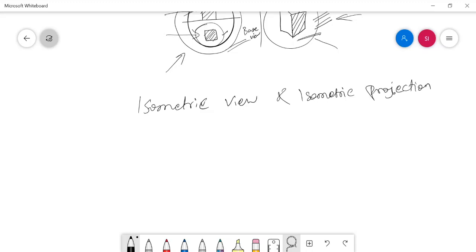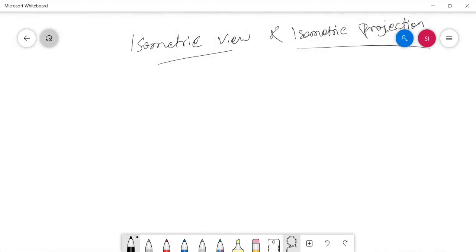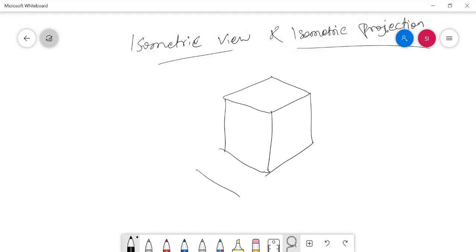Before discussing the difference, we need to understand a fact: in drawing the 3D views of the object, the dimensions in all three axes, that is x, y and z axis, get shorter than the actual.